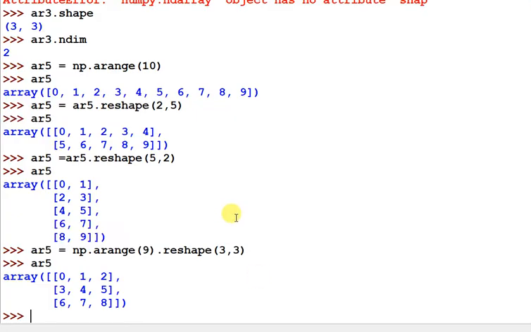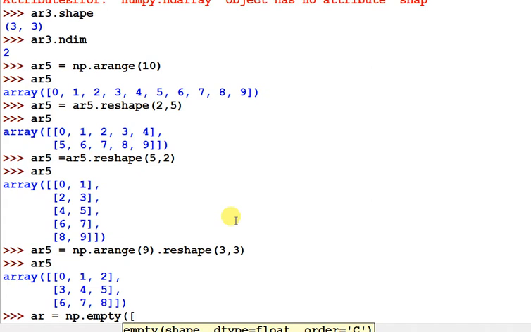I will show you. Suppose I am creating AR using np.empty, and whenever you pass the shape of your array, you have to pass it as a list.